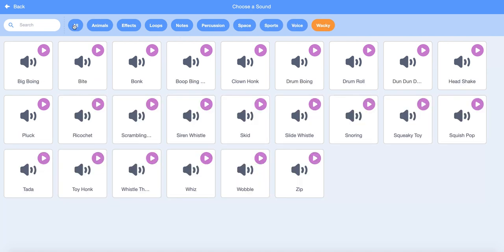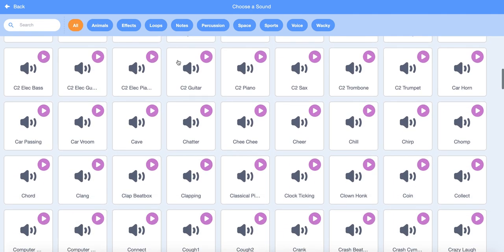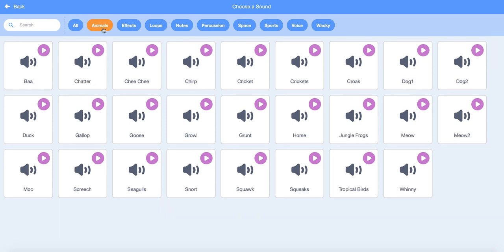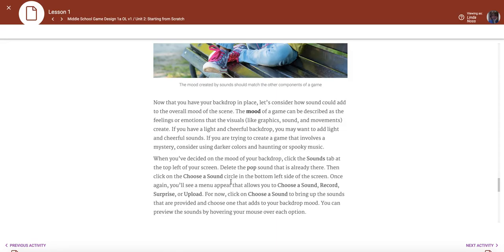Okay, and I'm going to go back to all. I think I've picked one out here. Let's see if it's under animals. Seagulls. I'm going to put my cursor over the little icon, it plays it. So I'm going to choose this sound, and you can see my sounds are right there. So now I've chosen a sound,